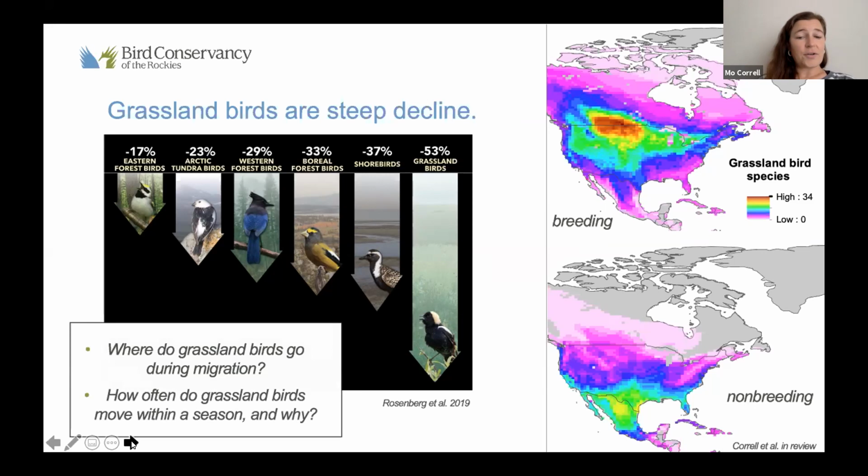Now, many of you probably also know that there's a lot of information gaps when it comes to grassland birds. They have been pretty well studied during the breeding season, although there are, of course, efforts that we could still do during the breeding season. However, knowledge on exactly what is driving this decline is a little bit more lacking during the non-breeding